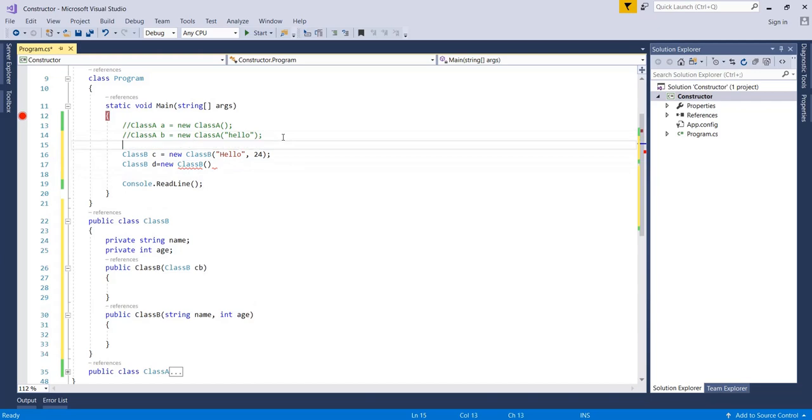Which one? This one. This C is of class B type, so we can pass this C here. So this is the copy constructor. What we are doing is calling this constructor from this constructor. Okay, means we are calling a constructor from a constructor. Now, if I print here something like CB